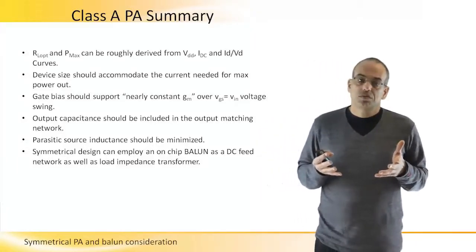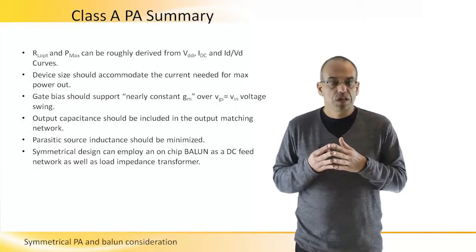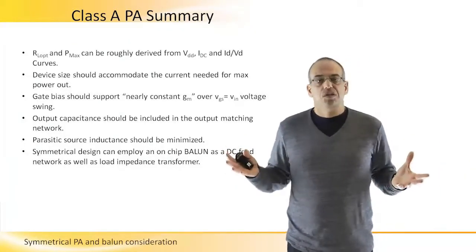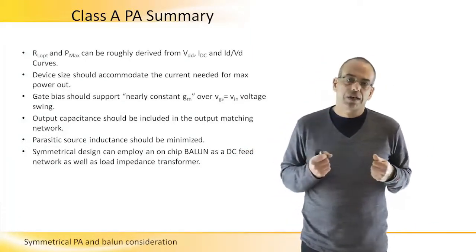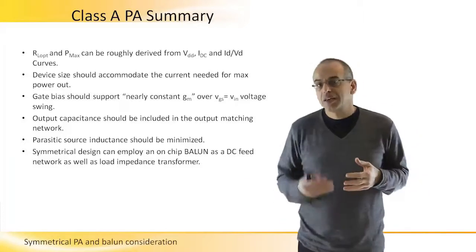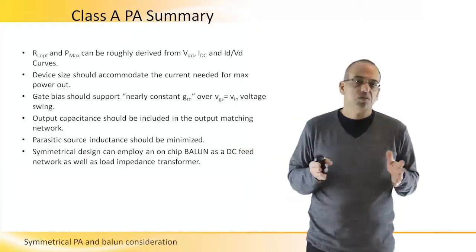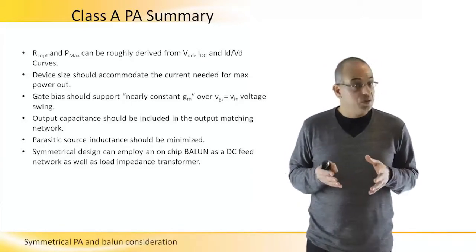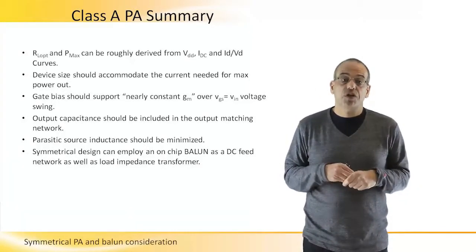We have mentioned parasitic source inductance, and we don't have good ways to tune out this inductance. The best way to effectively reduce its effects is to minimize it, by paralleling wire bonds to ground and making the paths as short as possible. This inductance will also cause stability issues that can be analyzed by using the expressions we have covered here,